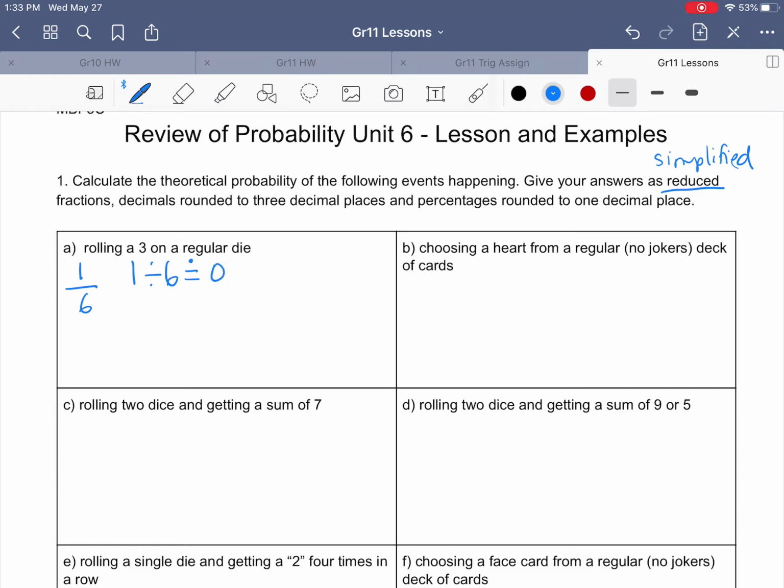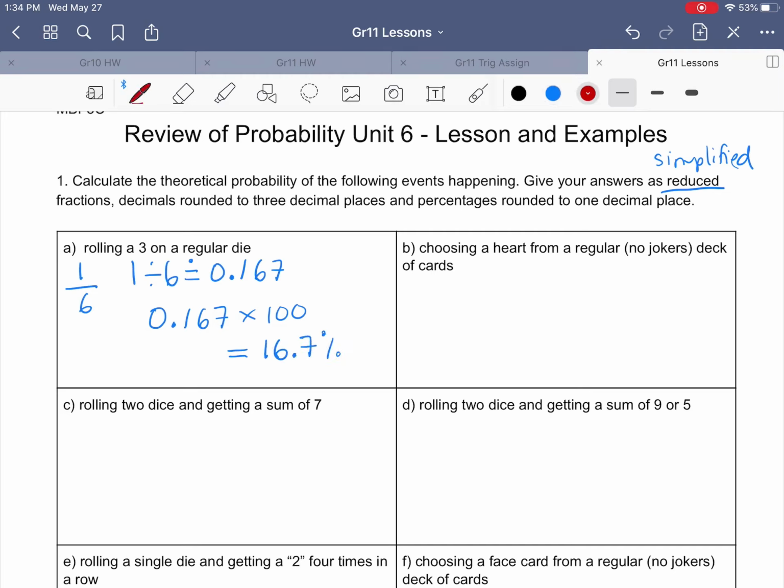This gives us approximately 0.167. On your calculator, it'll say 0.166666. You need to make sure that you're rounding to 3 decimal places. So we have our reduced fraction, we have our decimal, and now we're going to do our percent. Now to get our percentage, we take our decimal, 0.167, and we multiply by 100. And that's going to give us